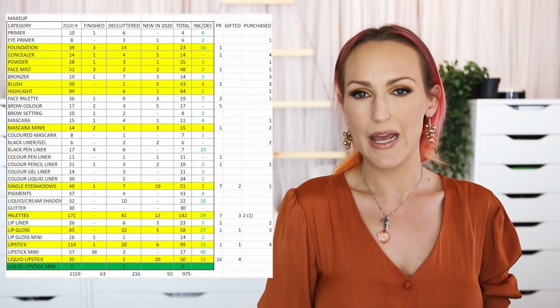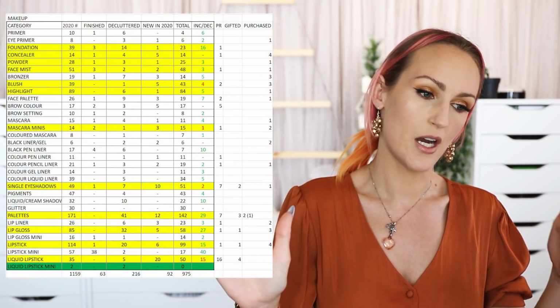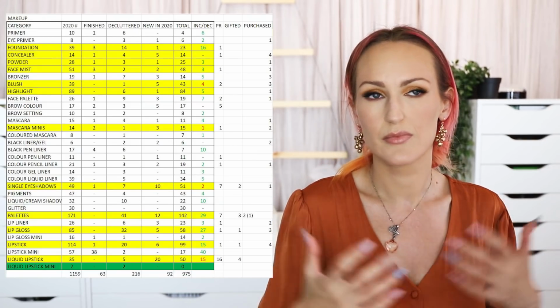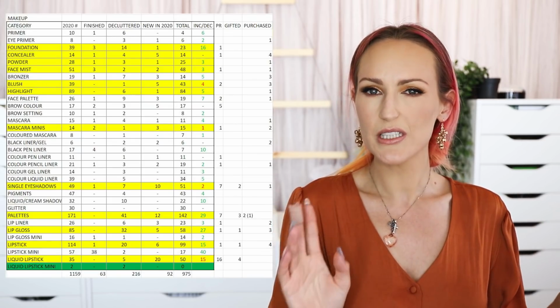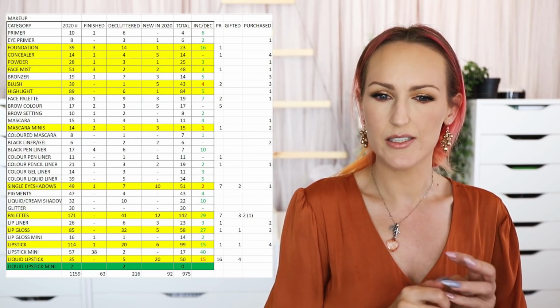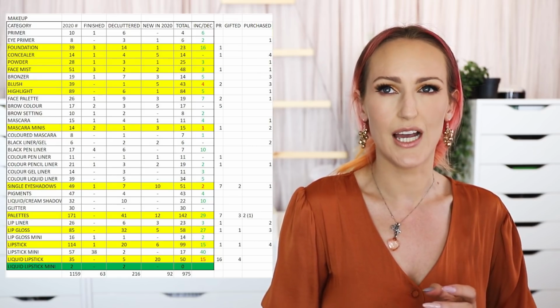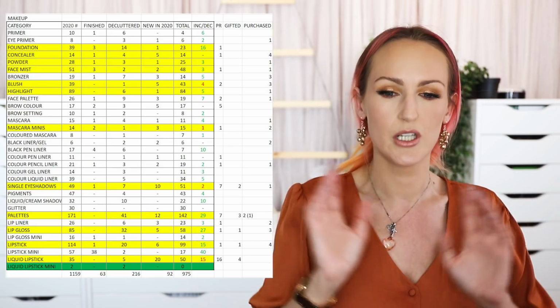Next category is makeup. Now, this is the biggest category. I have too much makeup. It's a thing. I'm working on it. And overall, I'm happy with how I've done this year. So I definitely made progress this year. I don't think it was quite as good as last year. I'm pretty sure last year was like my biggest declutter, and I think same with finishing products, but we'll compare